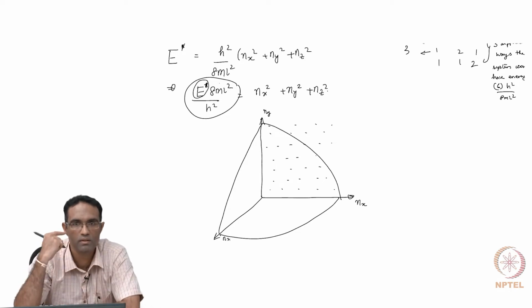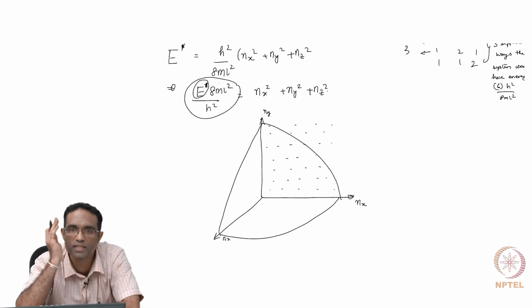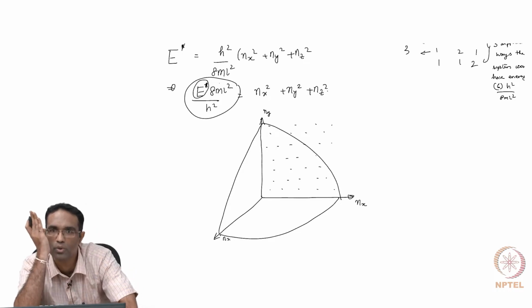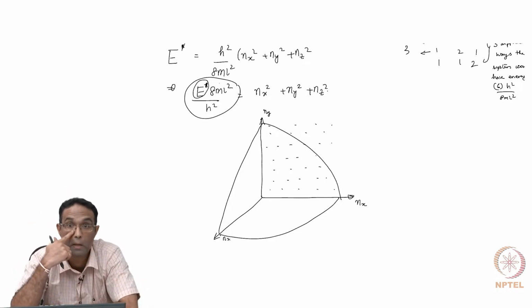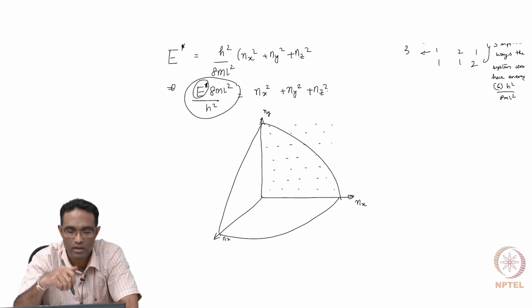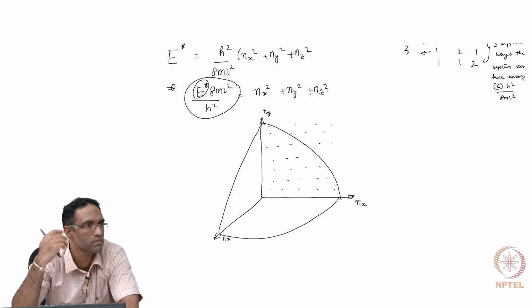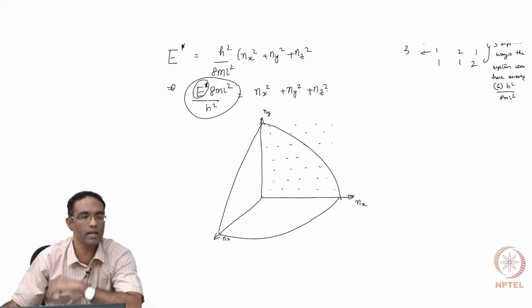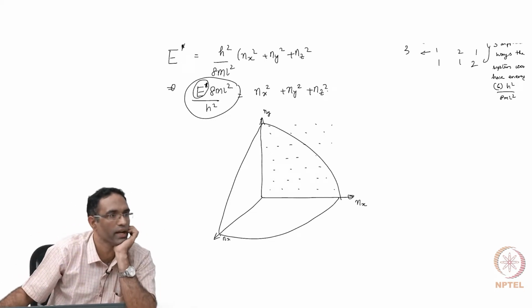Is that clear? Is it just the surface? Yes, because it's exactly that energy. I want the total number of points at that energy, right? If I know the total number of points on the surface of this thing. Now it is again not possible for us to find out that number either.